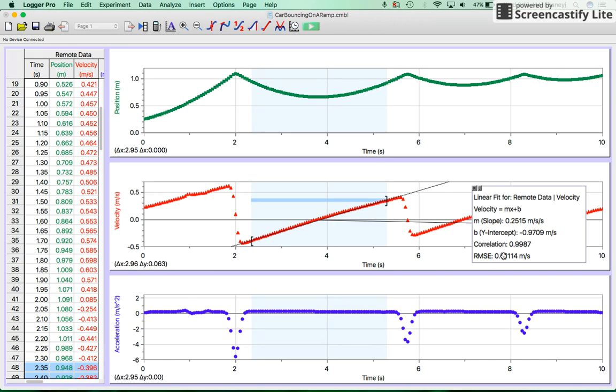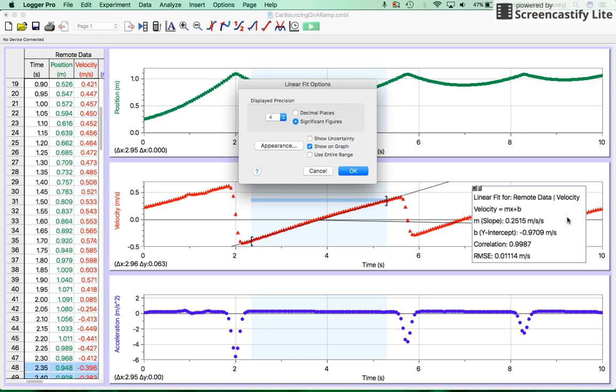And it gives me a correlation and an RMS value, which I'm not really going to worry about right now in this class. So there's a couple things that you might want to do to change this so you can display it well on your Google document that you're handing in. If you double click on this box, you're going to be given some options for what you want to display. So first off, we always want to think logically and think about how accurate we can really be. Think about whether or not you really know the speed of that car into the 10,000th of a decimal place. And I'm going to say that for this particular one, I wouldn't give myself anything more significant than 3 sig